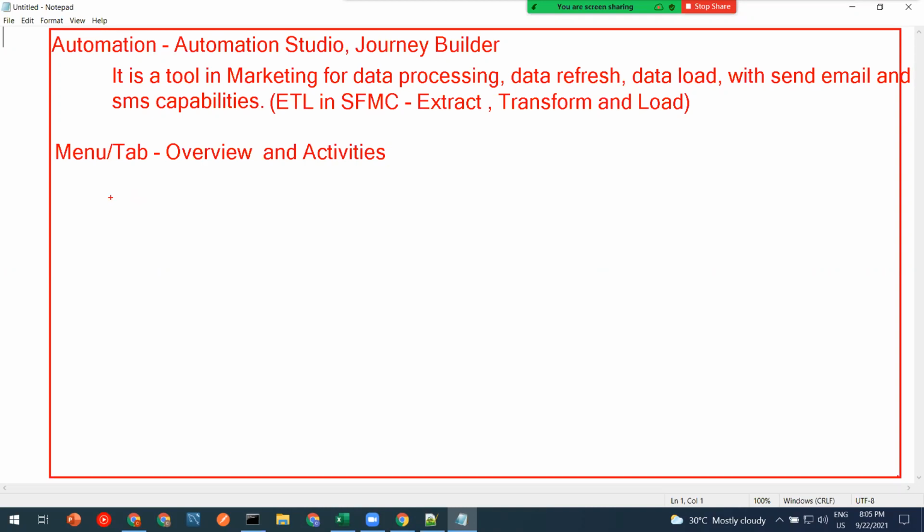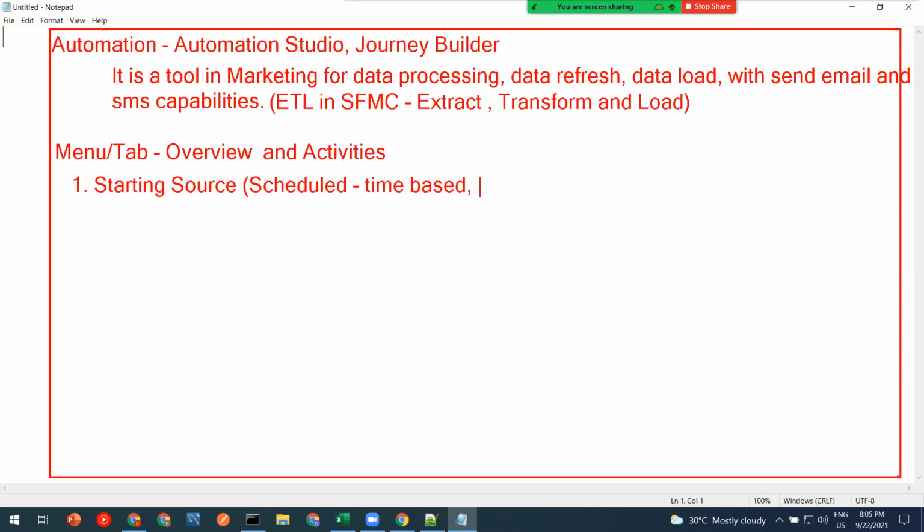There are two components which we need to understand in Automation Studio. The first component is known as the starting source. There are two types of starting sources. One is called scheduled. Scheduled is time-based: hourly, weekly, daily, four times in a day.